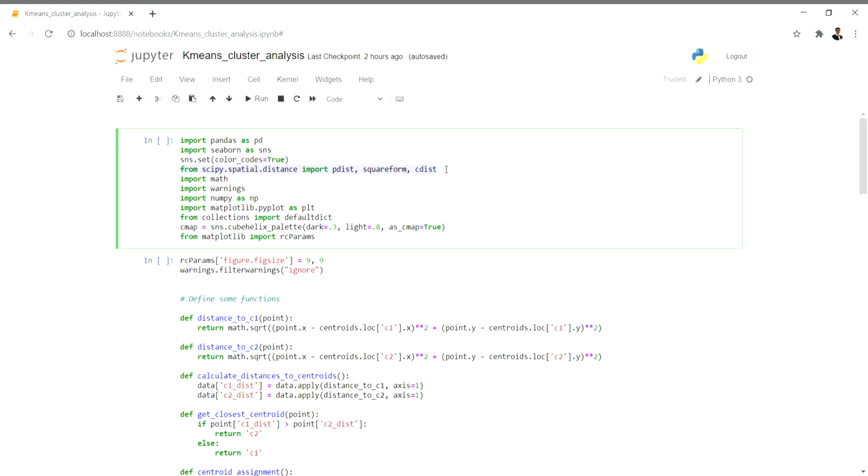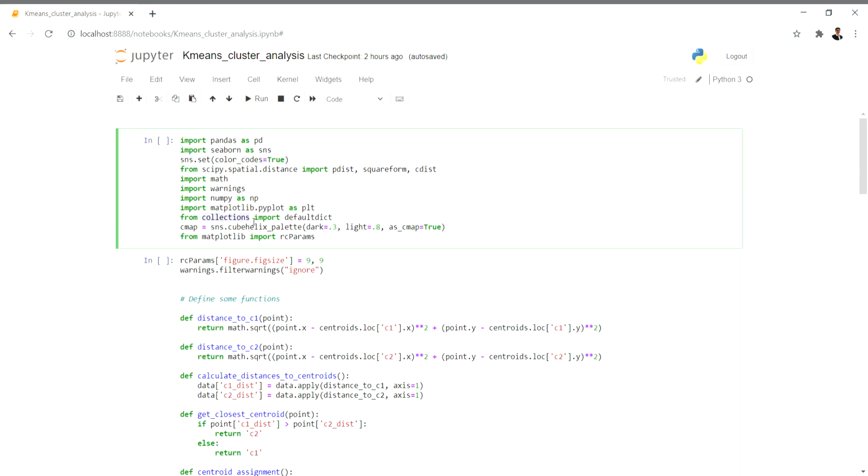These are for the spacing when you plot these things on a graph, so that it is not pixelated and is well separated. You can check these out. And I'm using the math, warnings, numpy, matplotlib, and from collections.